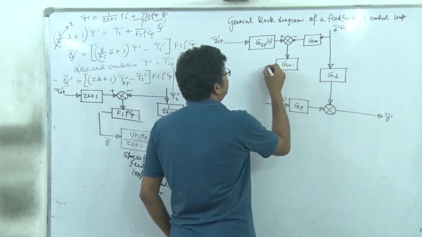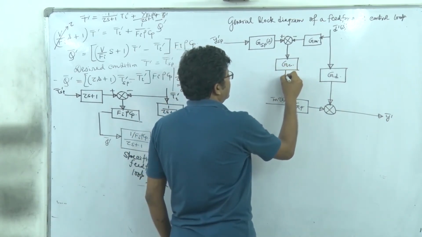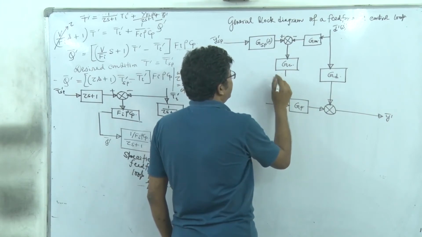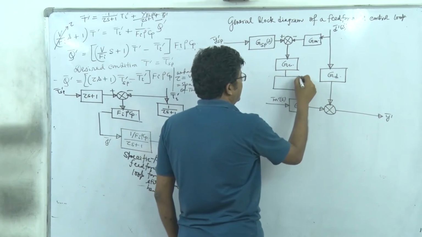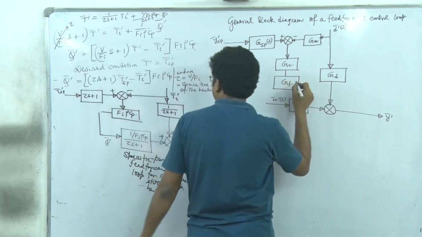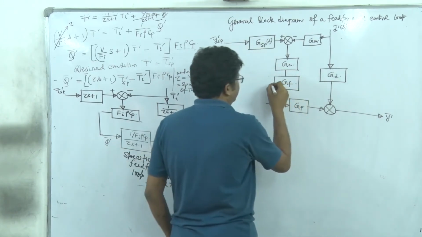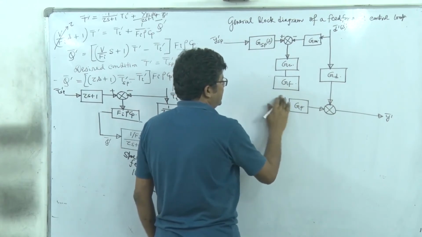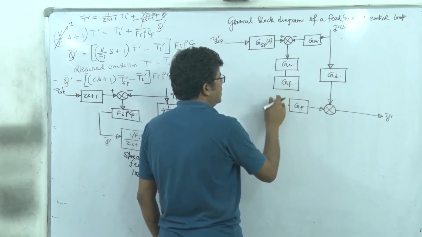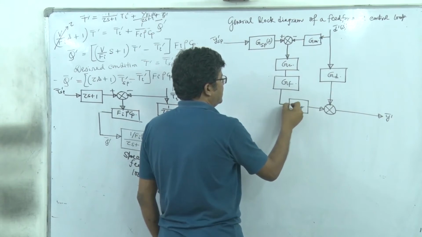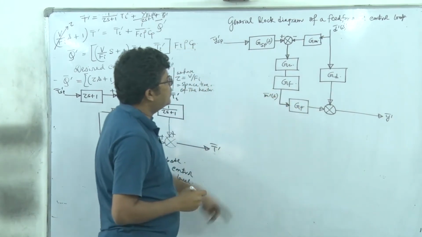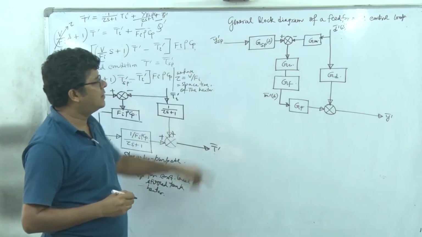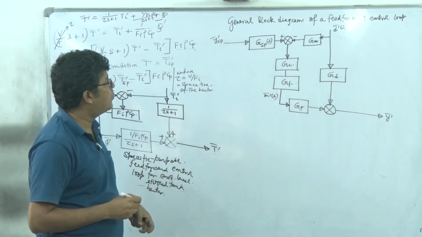Next, from GC we have GF, the final control element, and that element also we have not considered in the specific process, and finally it goes here, right? So you see that should be the general structure of a feed forward loop.